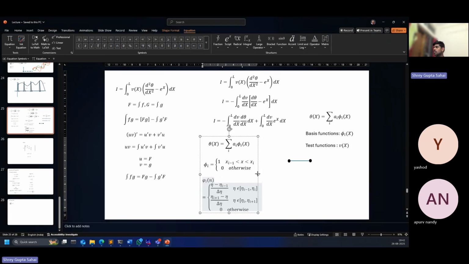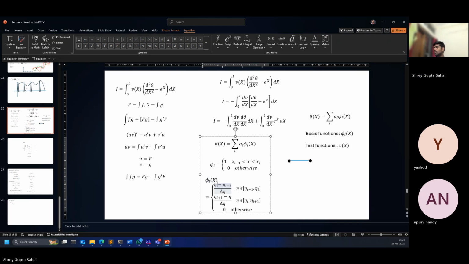There's a little change of notation, so let me just correct that before we start to discuss anything. Okay, now